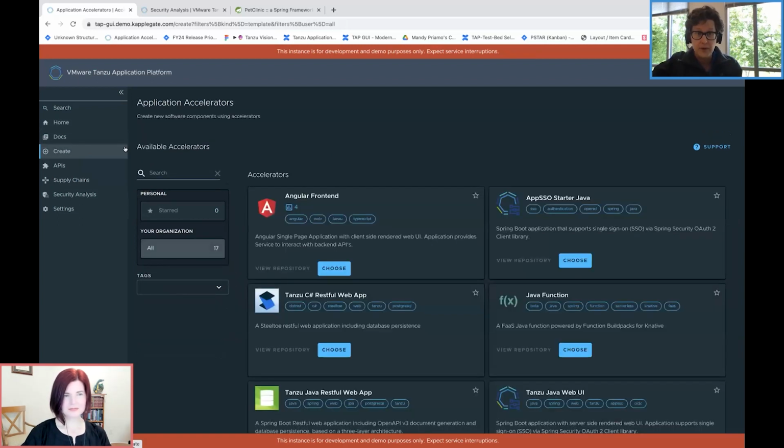The first one I want to stop at is application accelerators. Going back to what you mentioned about the golden pass and the templates, it builds on top of the open source plugin called Software Templates that Spotify originally created. We took our experience in Spring Initializer and all the other languages, and we created an upgrade to the open source plugin called Application Accelerators, where developers can start with a company compliant version of the code, a hello world